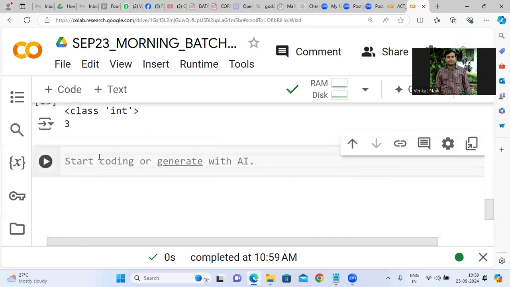Now similarly, we have binary values. b is equal to 0b followed by